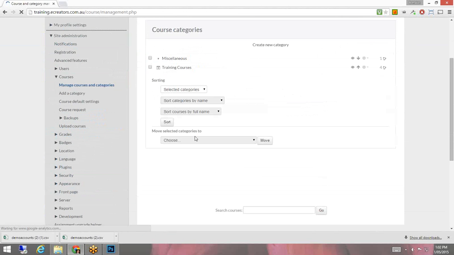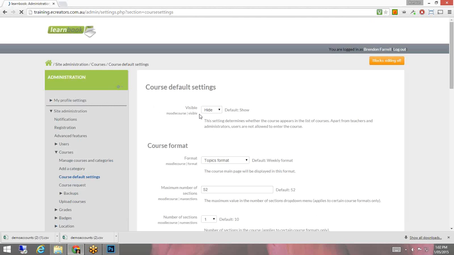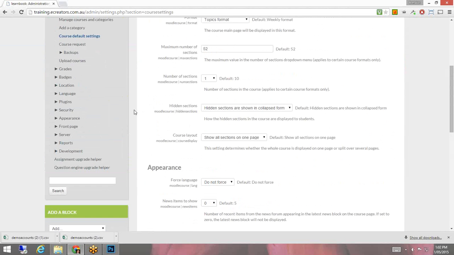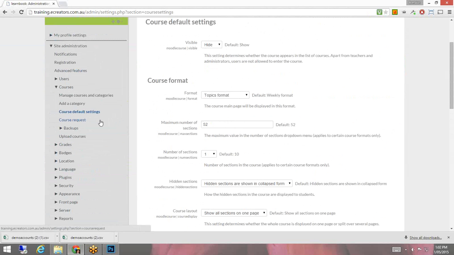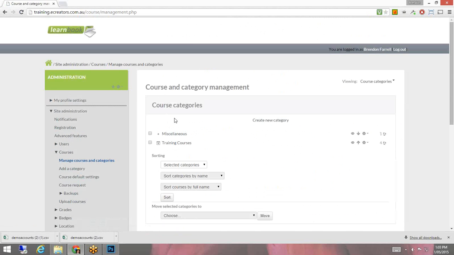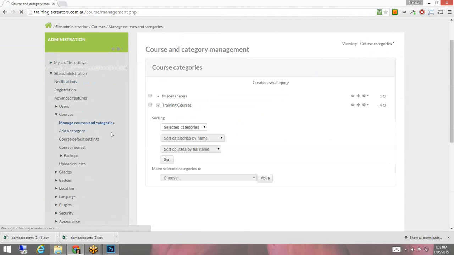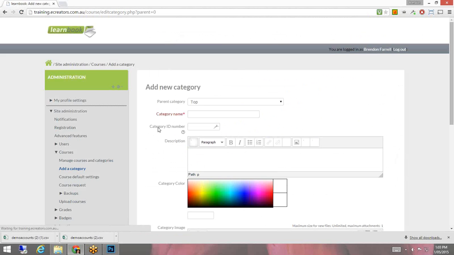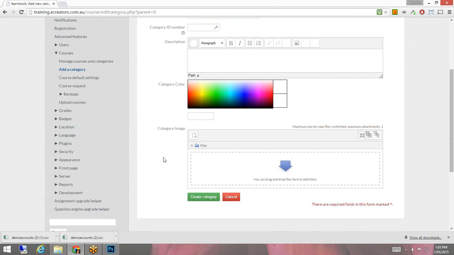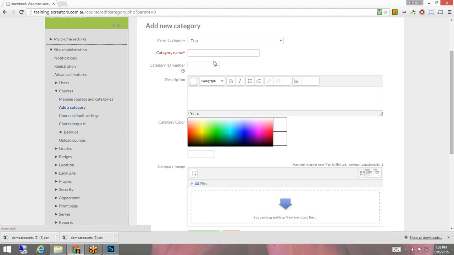I'm hoping I've got the course default settings. No. It's one that I haven't done for a long time, this one. Category. No, not the category. Oh, by the way, I should mention this one too, things I have actually just got